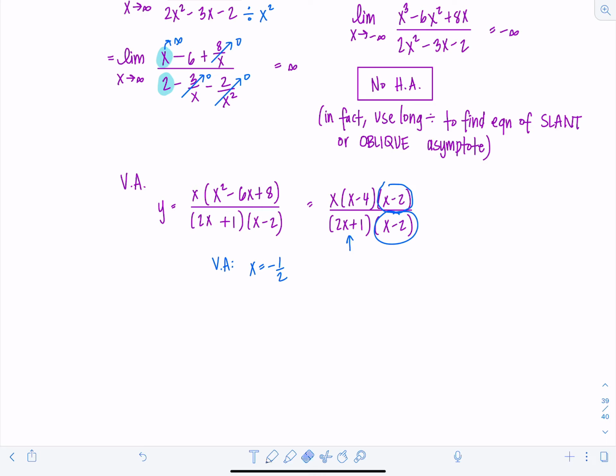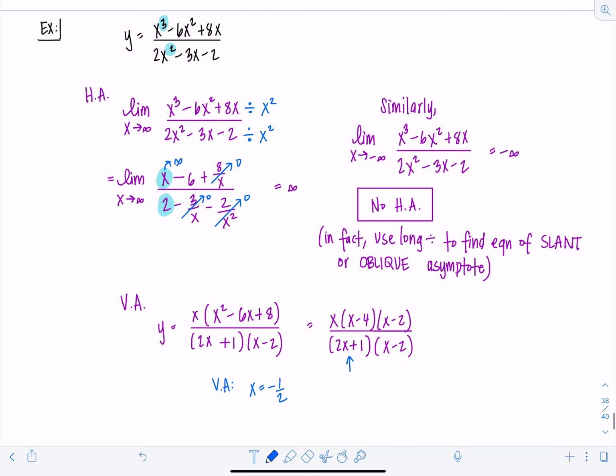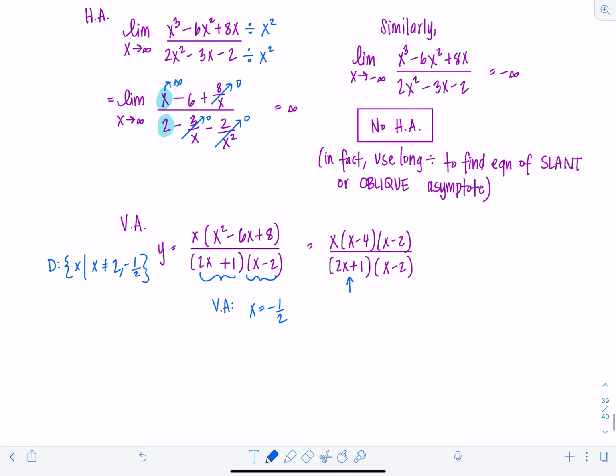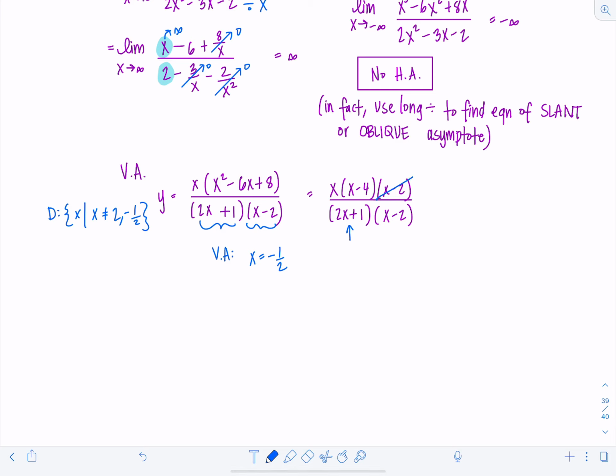Well, you might be wondering what's going on at x equals 2. Because if you look at this graph, the function, the domain has two restrictions. The domain is x such that x cannot be 2 or negative 1/2. So what's going on in the graph at 2? Well, remember, we can cancel out this factor, and we actually just have a hole when x is equal to 2. This is a removable discontinuity because we are able to take the limit as x approaches 2